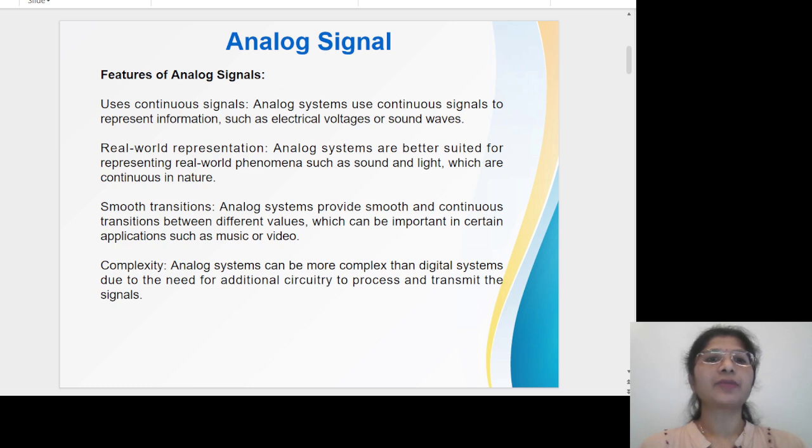Analog signal. The features of analog signals are it uses continuous signals. It also gives the real world representations. It has smooth transitions and complexity. It is more complex than digital systems due to the need for additional circuitry to process and transmit the